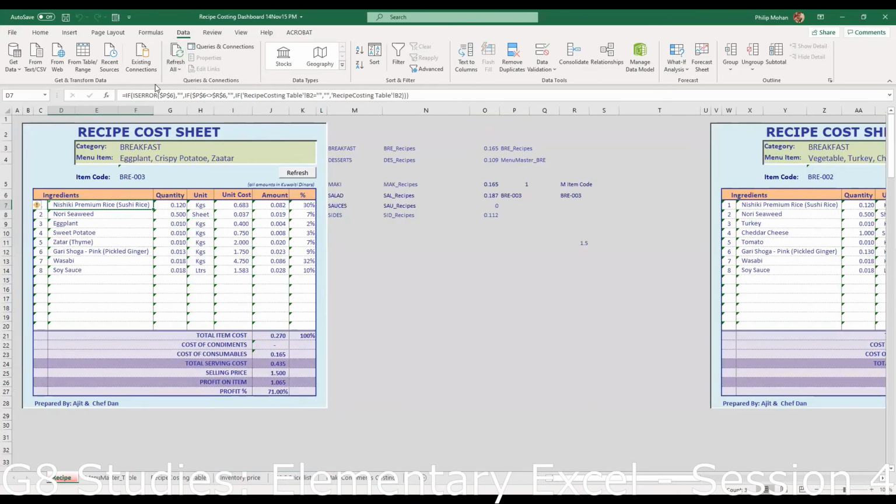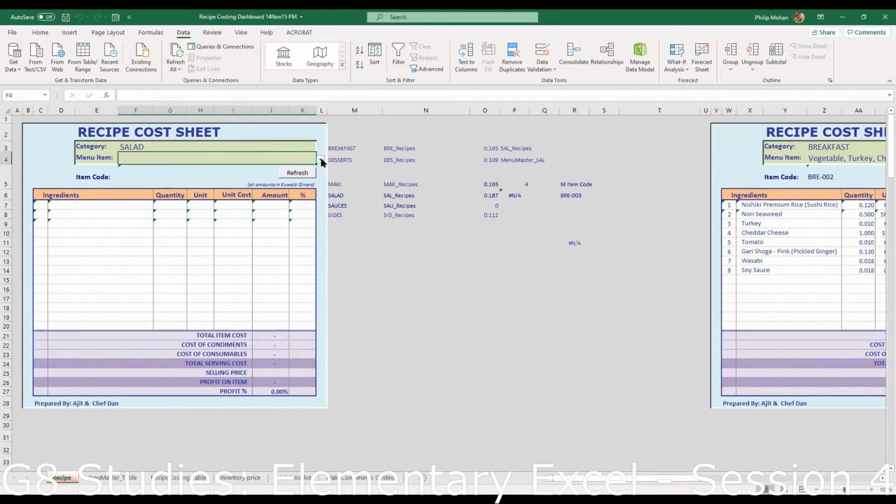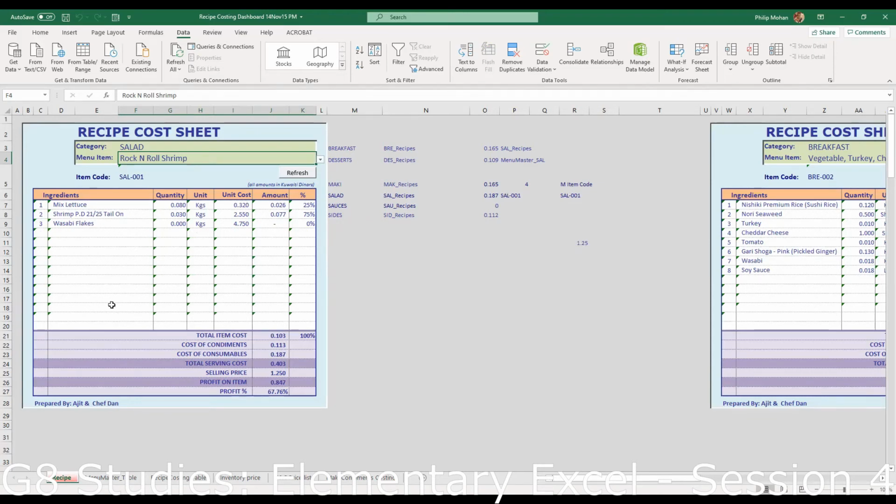All the other stuff that you see here is basically to avoid errors coming here. Like some items have only, you remember the salad had only 3 items, right? Okay, let's just go to the salad again. We choose that rock and roll shrimp salad and hit refresh. If you notice, these rows are all blank now, okay? Now that requires some editing in the formula, like, if something happens, then just put a space.